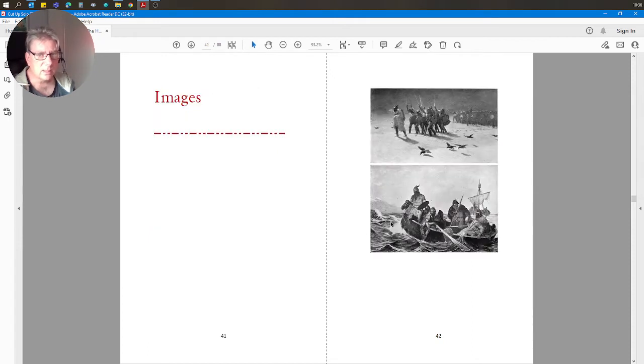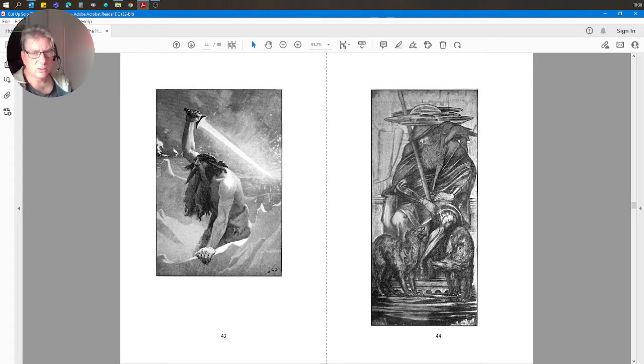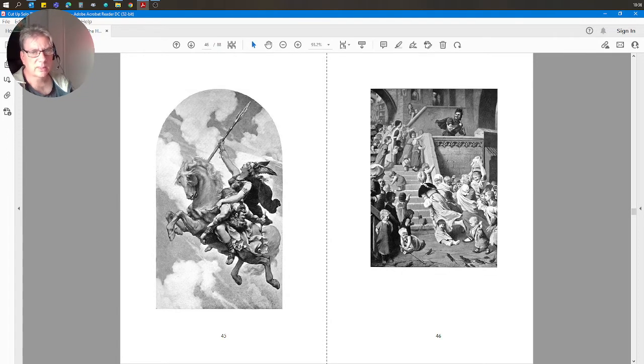Then we get to these images. All of these are illustrations from the myths and legends, and the use I found for them was if you wanted to imagine what an NPC looked like, you could flick through here, grab an image and say, right, that's the NPC. So you no longer have to drag their appearance out of your imagination. You've got a little picture of that NPC.